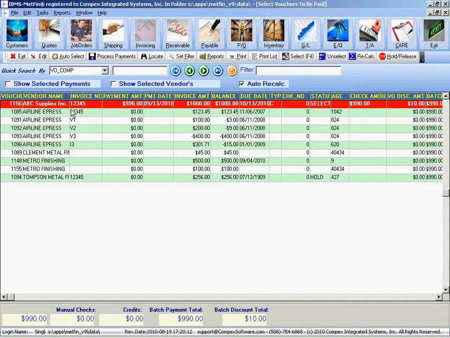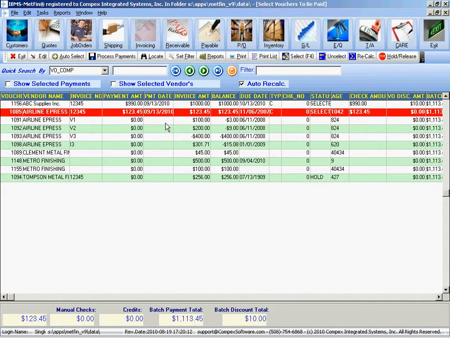Okay, and sure enough, as you can see here, the payment amount is not for the full $1,000, but actually for $990, because we are paying early, the system is factoring the 1% discount automatically based on the vendor's term. Certainly you can select multiple vouchers from the same vendor and combine them into a single payment. So in this case, for example, we can do here,